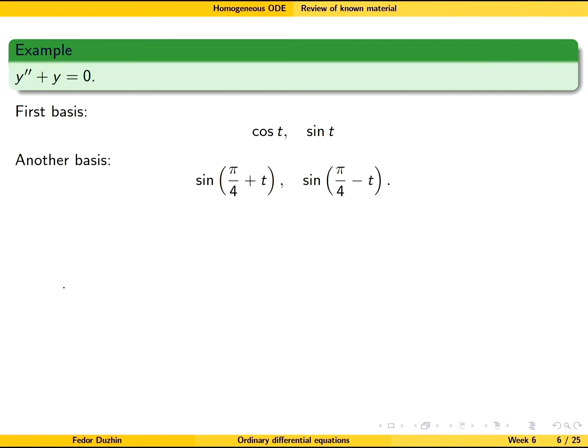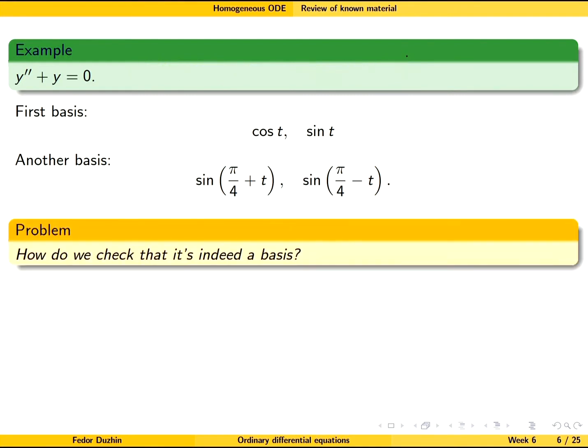Note that here the characteristic equation is r squared plus 1 is 0, so the roots are complex numbers. So we haven't learned how to treat such cases yet, but you can guess that the possible solution is cosine t, another possible solution is sine t, but also at the same time there is another combination of solutions. And let me show you that it is indeed a basis, right? So the fact that this is a basis,